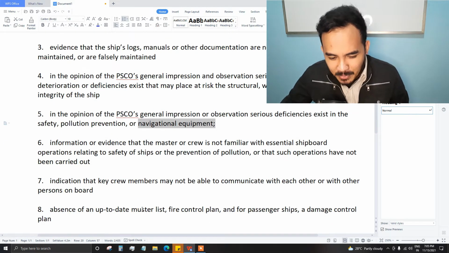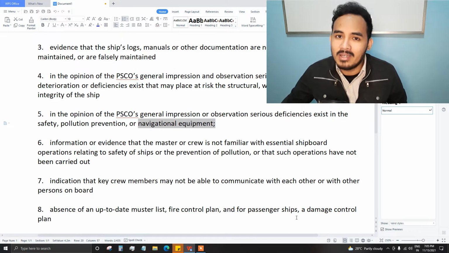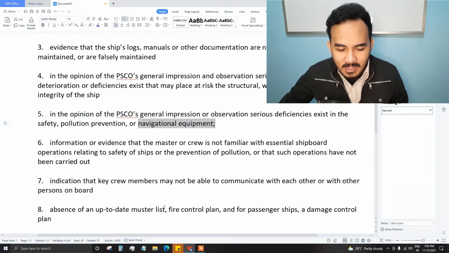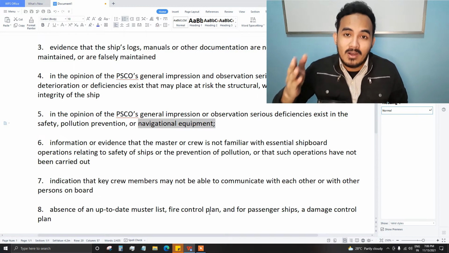Absence of an up-to-date master list, fire control plan, and for passenger ships, a damage control plan. Also in bulk carrier, we have this damage control plan. In cargo ships, we have damage control plans. Let me just repeat, absence of an up-to-date master list, fire control plan, and I want to talk to the